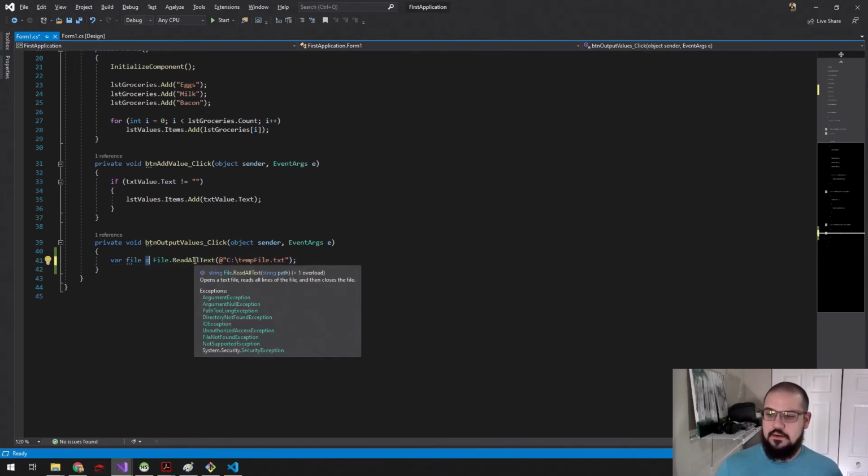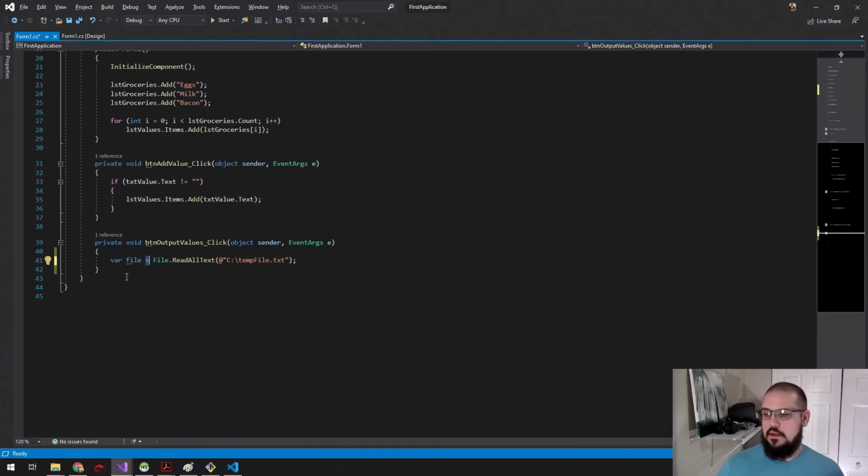So in this case, read all text returns a string, and so this var will evaluate file as a string variable. It's really handy if you don't know exactly what kind of variable you're going to be handling, especially if you're working on somebody else's code. So if I were to do this right now, I don't have a temp file that exists on my system. So if I hit start,